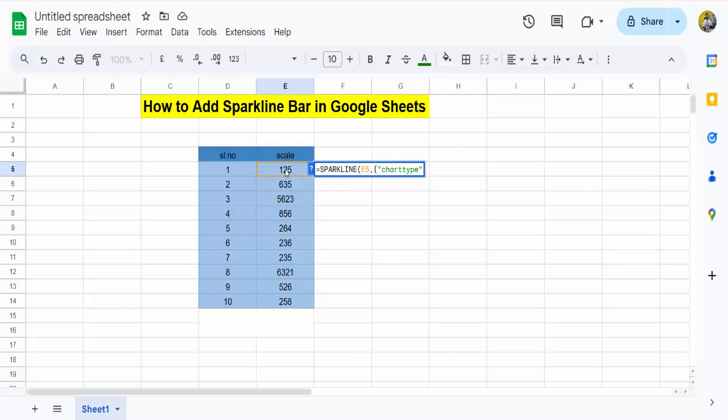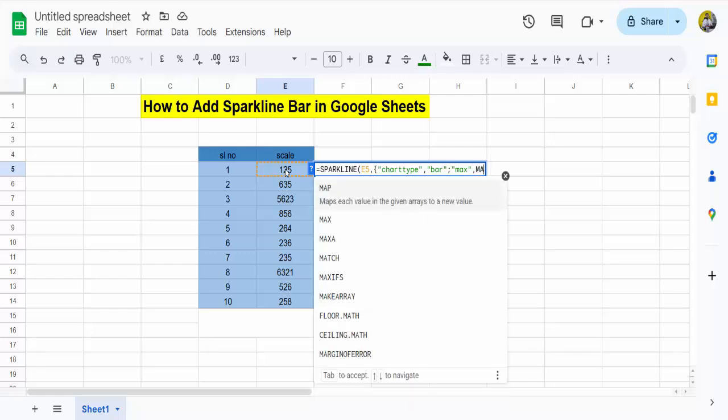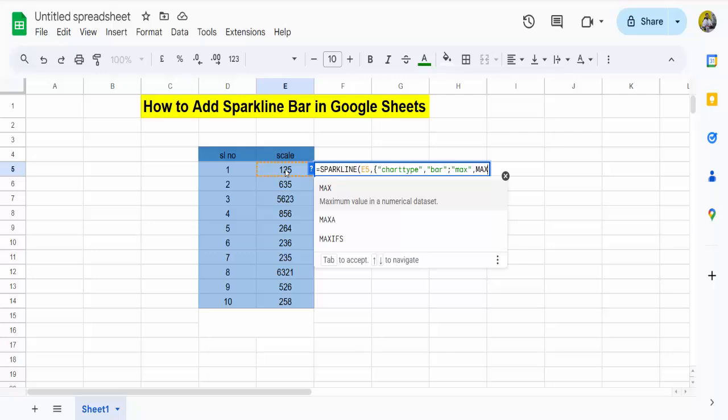Again double quotation, again comma, then again double quotation. Now type bar, again double quotation, then semicolon, again double quotation, type max, again double quotation, again comma, then type capital letter MAX, first bracket, select all numbers,